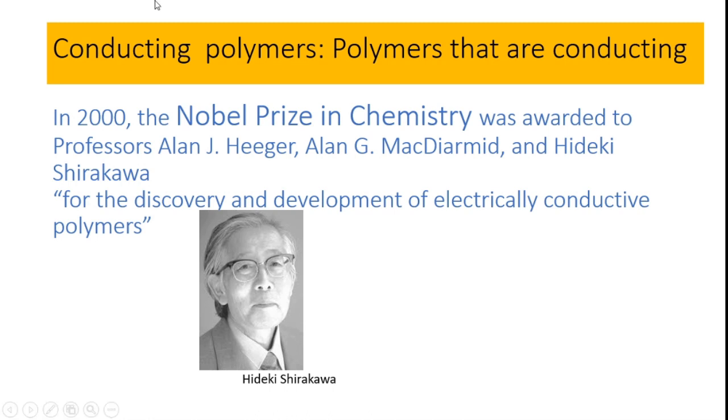In the year 2000, the Nobel Prize in Chemistry was awarded to Professors Alan J. Heeger, Alan G. MacDiarmid, and Hideki Shirakawa for the discovery and development of electrically conductive polymers. Hideki Shirakawa found out the conducting power of polyacetylene, and this has led to the launching of a new field of